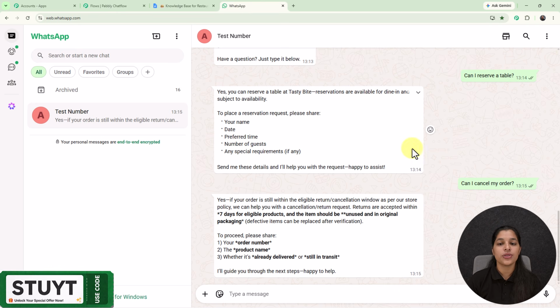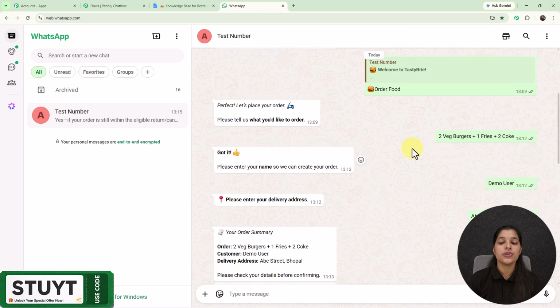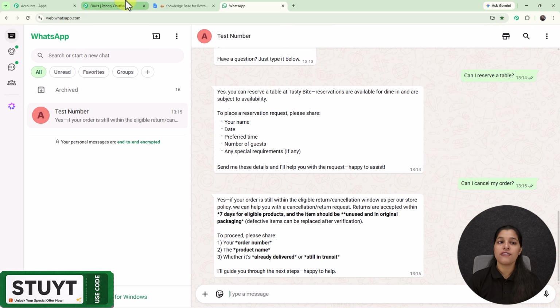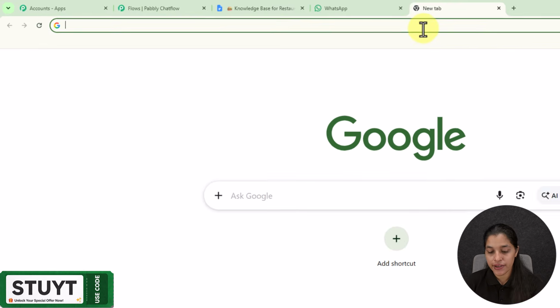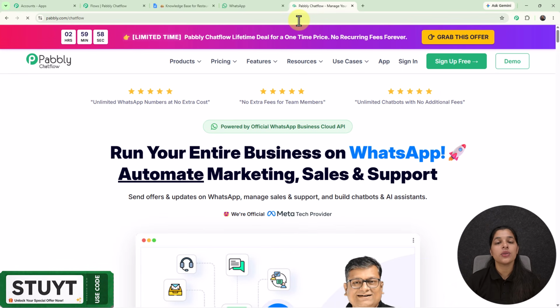So now let me show you how you can also create this amazing chatbot for your restaurant, and you can provide customer support within WhatsApp. So for that you have to move towards the flow page of Pabbly Chatflow with me. So right here I'm on the flow page of Pabbly Chatflow, which you can access by opening your browser and typing its URL, that is pabbly.com/chatflow, and once you enter the URL you will land on the home page of Pabbly,